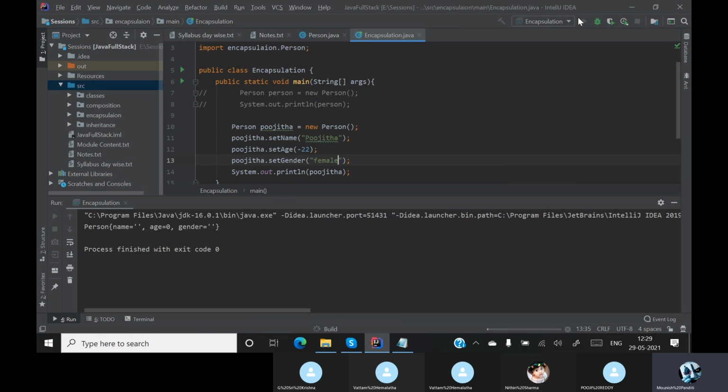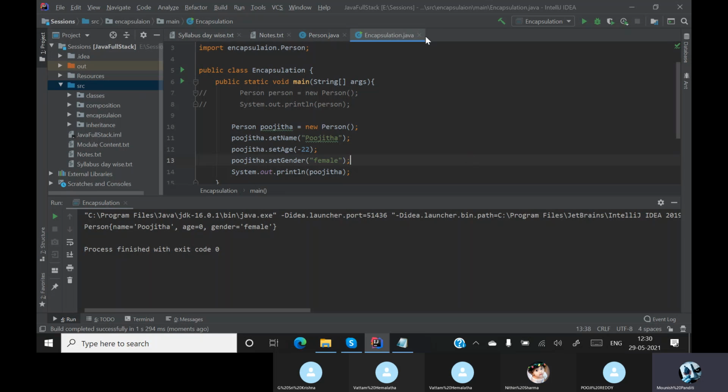Now if I run this, you can see that you have the name, you have the gender, but when you are talking about the age, it is automatically going to the default value, which is 0, because the given age is negative. Understanding? Yes, sir.